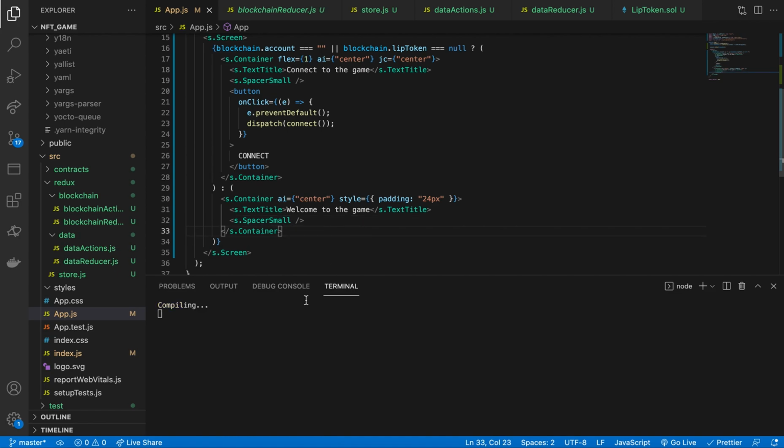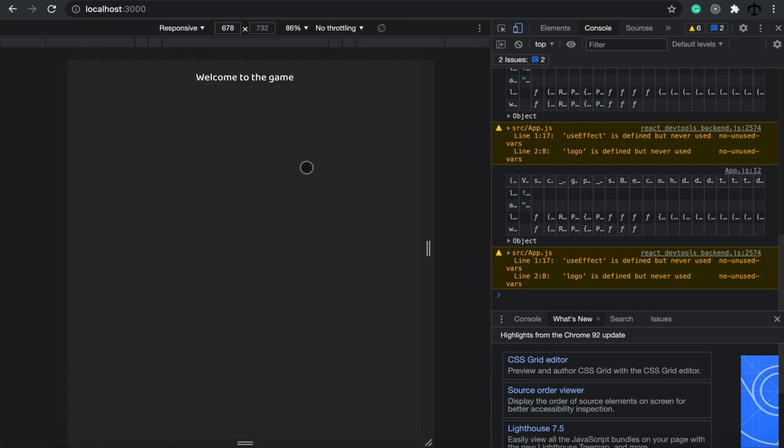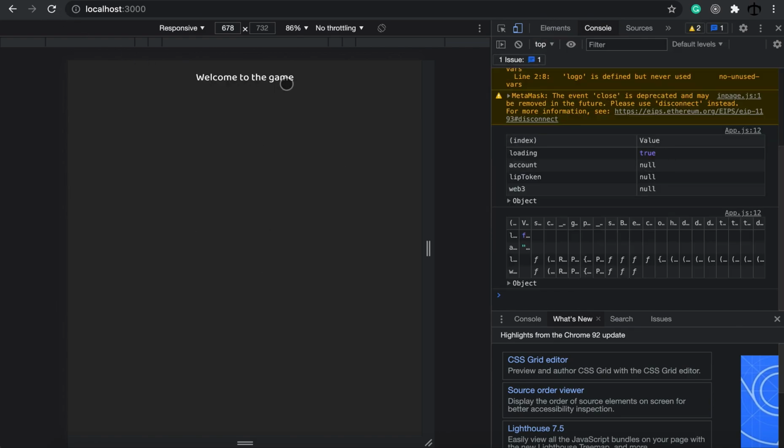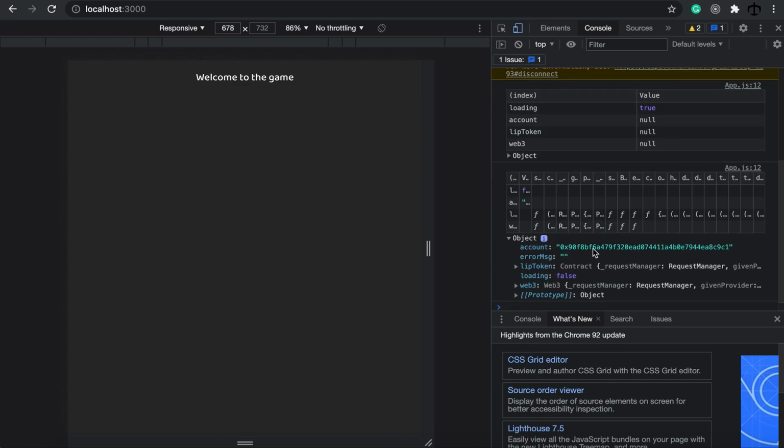good to go. So now our game looks kind of like this, where we can reload and it says connect to the game. We say connect and it says welcome to the game, because we have all the data in here, which is pretty cool. We are connected to the blockchain, and this is now sure that we have an account and we have an instance of our lib token, meaning that now from this point onwards, we can actually now call the blockchain and